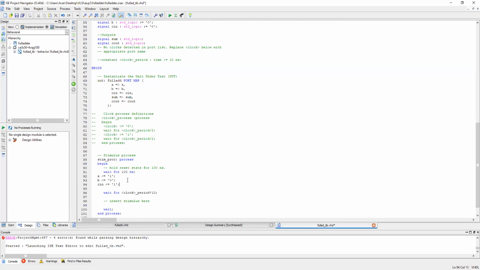Okay, now we will execute this. So first again the same process you have to follow. You have to save this file. Okay, click on this test bench, click on this simulator, and here also you have to check the syntax. Here you will find the first behavioral check syntax. You have to double click.